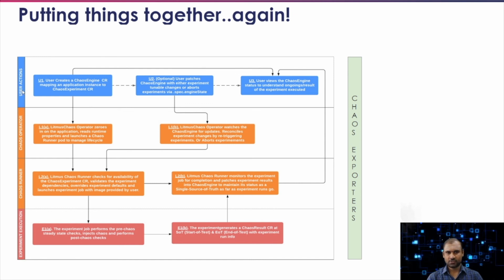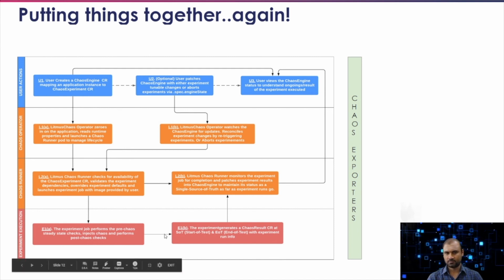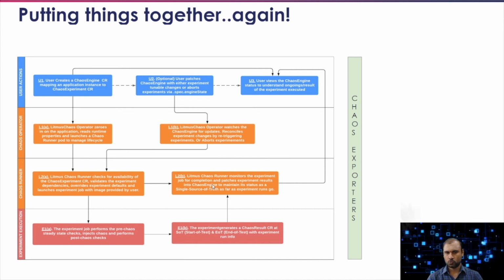The user actions involve creation of a chaos engine after he's pulled the experiment CR, and that is going to lead the operator to launch the chaos runner, which manages the lifecycle of the experiment. The runner is going to do experiment dependency checks. It is going to take into consideration the overrides, operating characteristics, and launch the experiment job, run the experiment. The experiment creates a CR, the result CR, which the runner is going to view to patch the status back